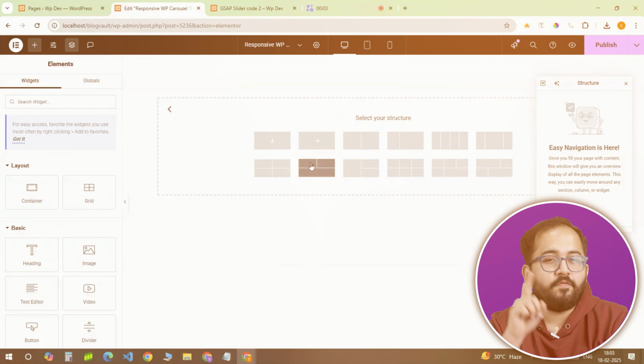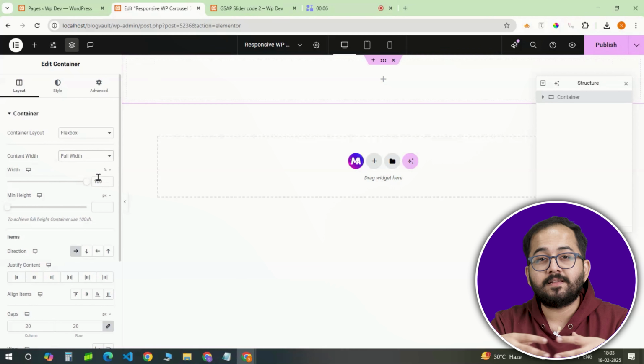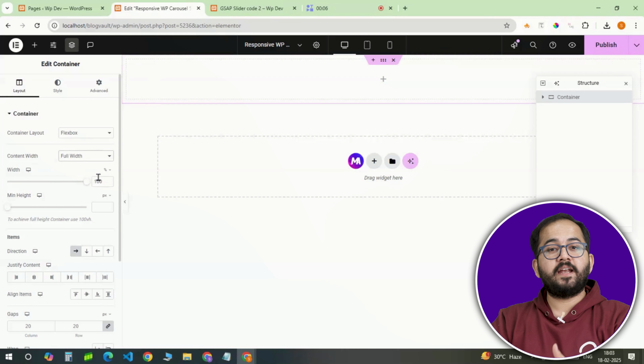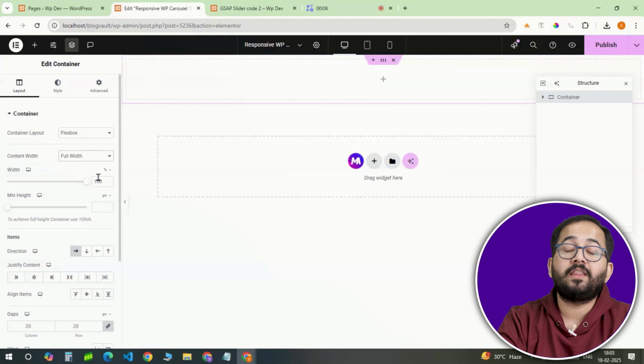work seamlessly. The first thing we need to do is insert a full width container. This is going to act as the base for a carousel. But before we start adding widgets and high resolution images, there's one crucial step that will keep everything running smoothly,